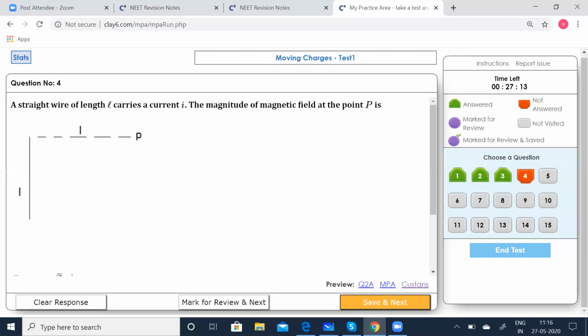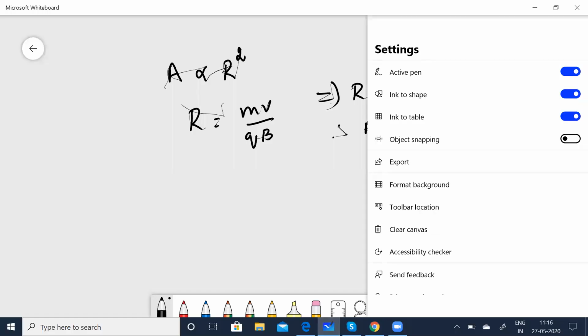A straight wire of length L carries a current I. The magnitude of magnetic field at the point P is what? You can see the point P there. Now let us quickly calculate this. You know, B vector is equal to mu 0 I by 4 pi L into sine of phi 1 plus sine